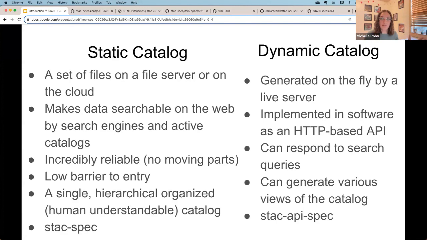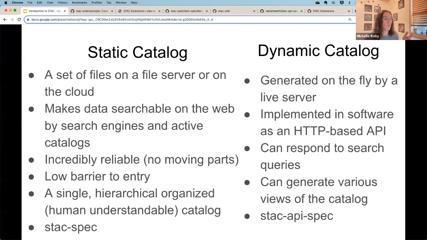And it's a bit more techie, but what's cool about it is that it can respond to search queries. And we'll look really briefly at that. And I have more resources on that if that's something you're interested in. But the cool thing with that is, yeah, we can search it. It's got a lot more searchability to it, which is really cool.